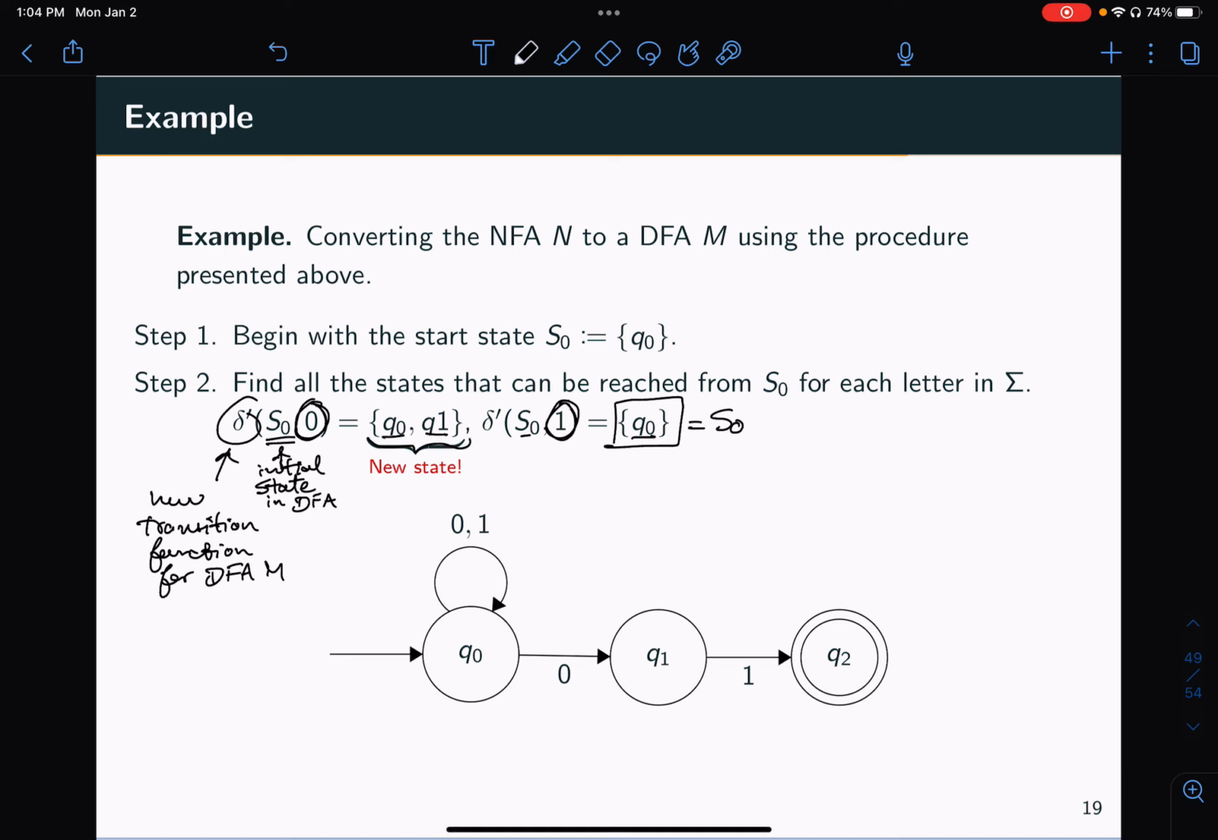The idea behind the conversion algorithm is you repeat this procedure on every newly generated state. So what I mean by that is, now that Q0, Q1 has appeared,